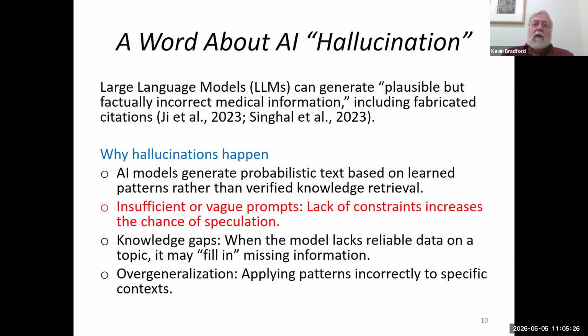So there's this word called AI hallucination. Many of you have probably heard of that. The meaning of that is artificial intelligence can generate incorrect or even fabricated medical information. That includes citations in particular. This happens because it predicts text patterns. It's not verified facts. AI is a very super fast calculator and predictive model. It's not an actual brain. Hallucination is more likely with unclear prompts or missing context, and that's why we're here today to talk about that.